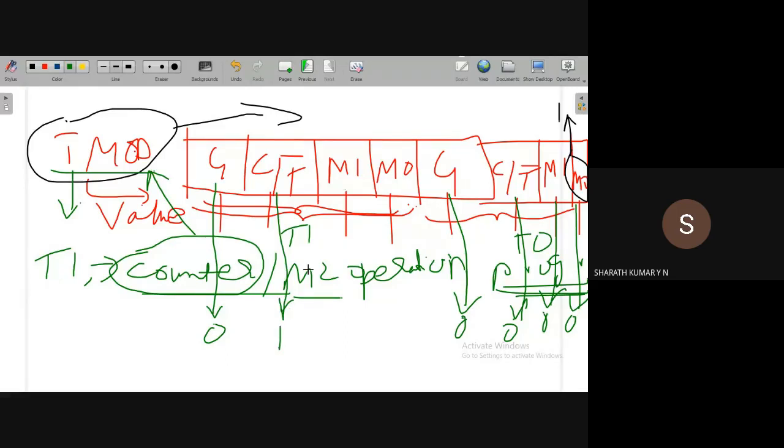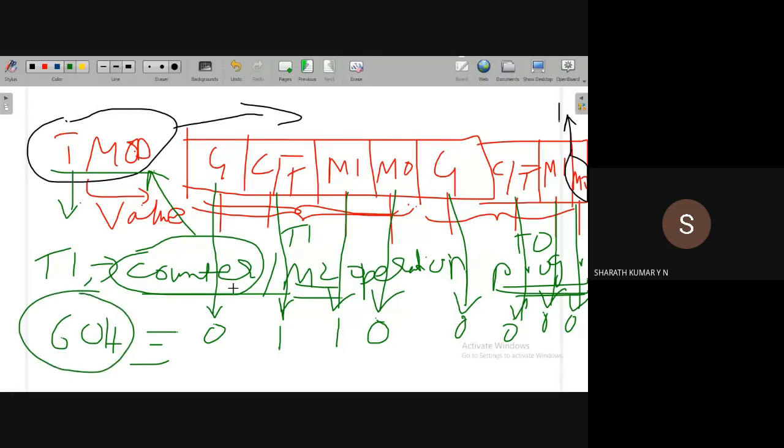Mode 2 operation means M1 is 1, M0 is 0. So the value to be loaded to the TMOD register is 60H. To load the value to the TMOD register: MOV TMOD, #60H. This is very simple, and I think it is quite clear.